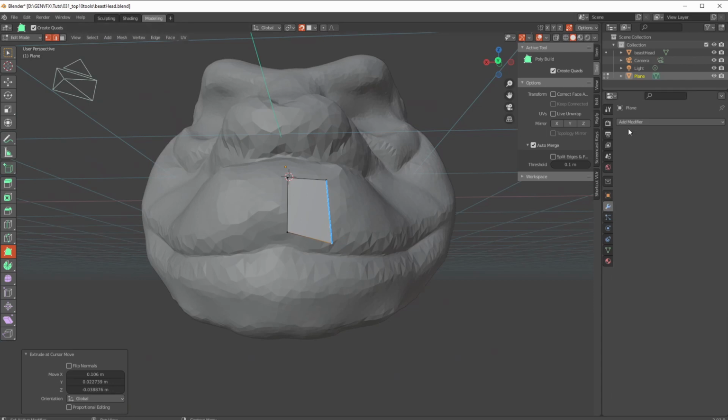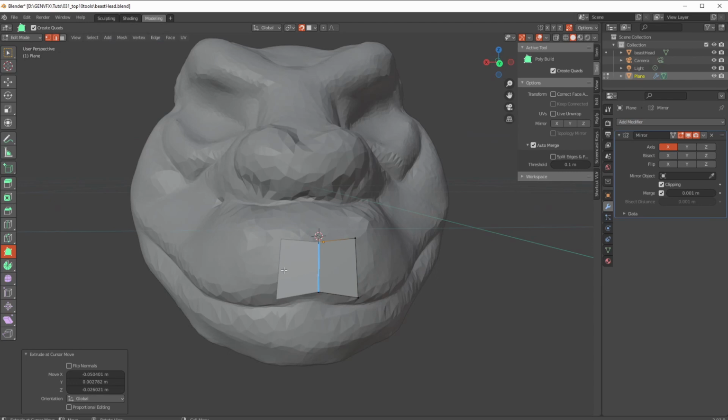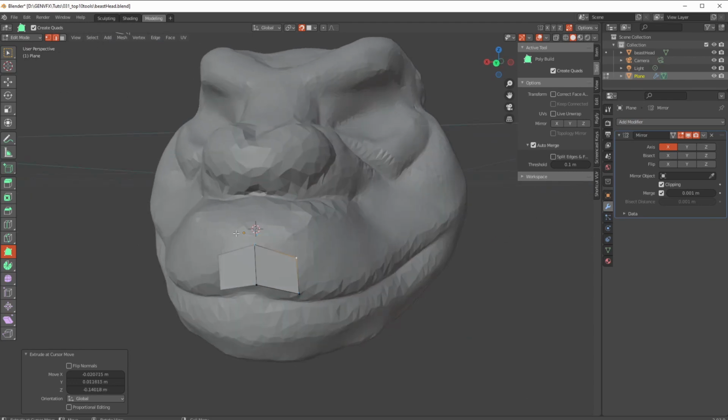Well, first things first, let's add the mirror modifier, because that's always one of the best ones. I'm going to turn on clipping here, so if I do that, bump and bump, that's now locked on either side to match with the one in the mirror. It's great. So when they're all joined together like that,